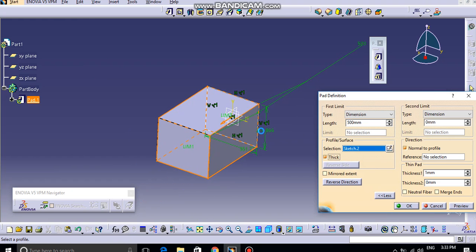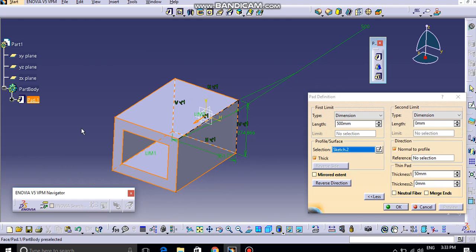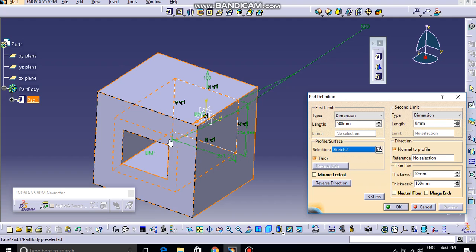Now if you apply this thick option over here, you can apply the thickness, meaning it will be hollow from inside, and you can apply the thickness from this. Here thickness one is basically the inside thickness, so this thickness will be added inside the surface of this sketch. Suppose 5 mm, then you can preview. Or if you put 50 mm, and then you can preview, it is basically added on the inside surface. Now if you provide 100 mm, and again try to preview, this will be applied on the outside. So this is our neutral plane basically. From here inside will be 50 and outside will be 100.